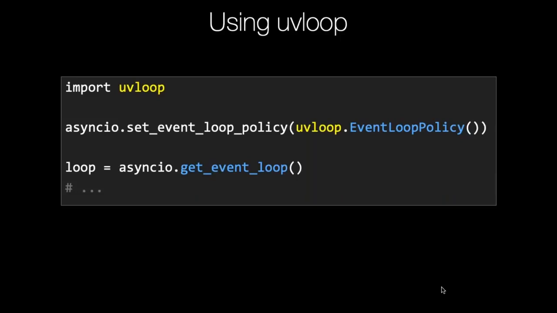So you basically run this one line of code at the top: asyncio.set_event_loop_policy to uvloop's event loop policy, and everything that uses asyncio is now switched to uvloop. That's a pretty cool bit of asyncio's implementation. This is a nicer thing based on libuv, and it's all written in C and stuff like that.